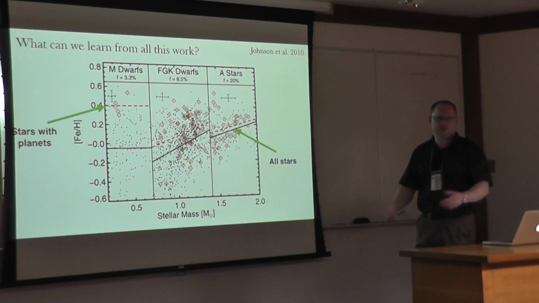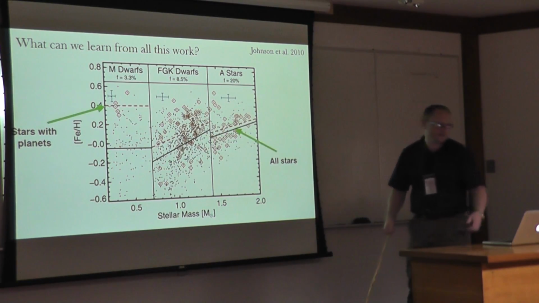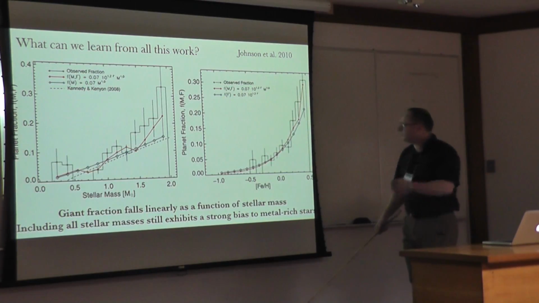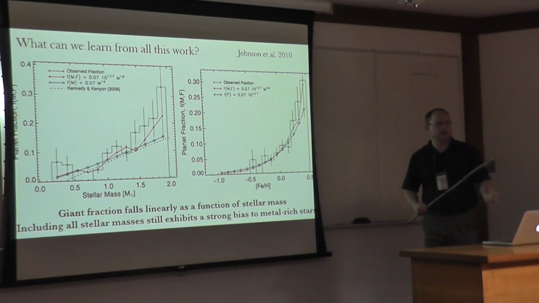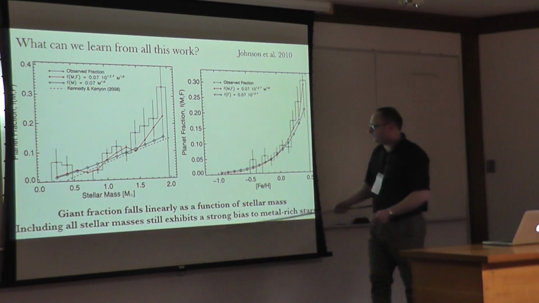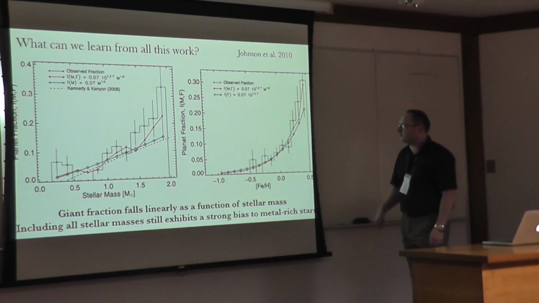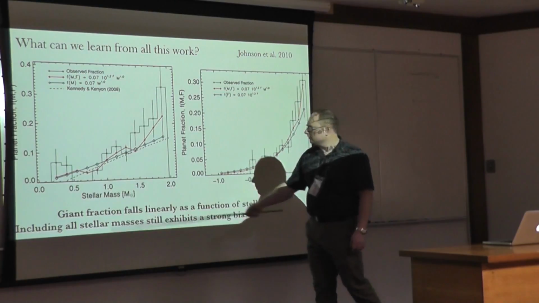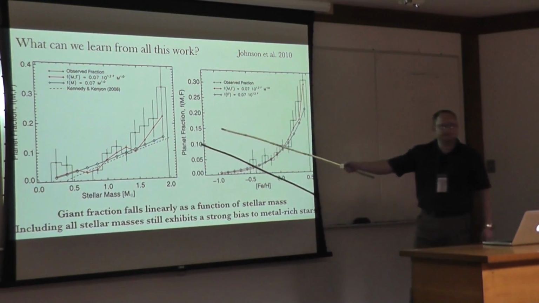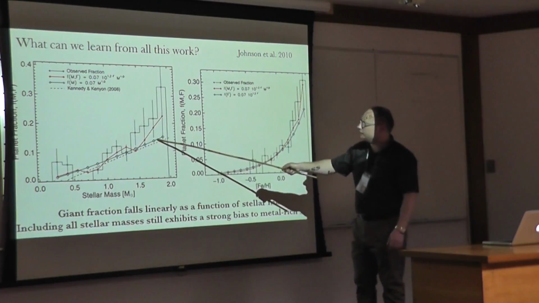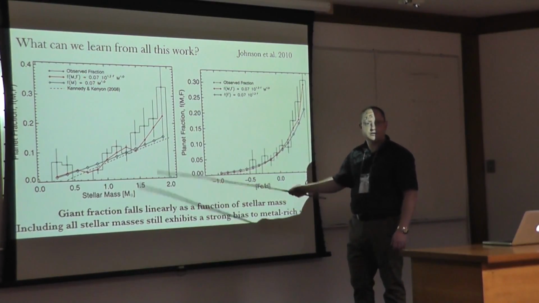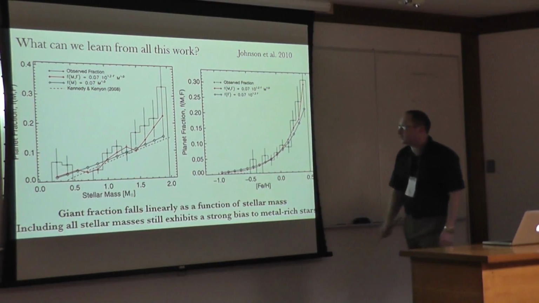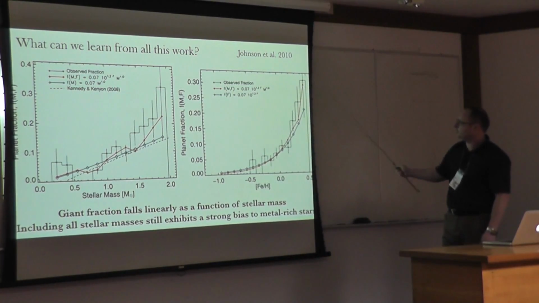Their spectrum, particularly in the optical, is blanketed by TiO molecules, and it's quite nasty to try and model. But when you try and convolve those three different regimes, what you find is that the giant fraction falls off linearly with stellar mass. So you can look here and say that at least for giant planets, the giant, let's call them giant stars, have a higher fraction of these guys, and it drops down as you come down in stellar mass, linearly. And you recover the metallicity